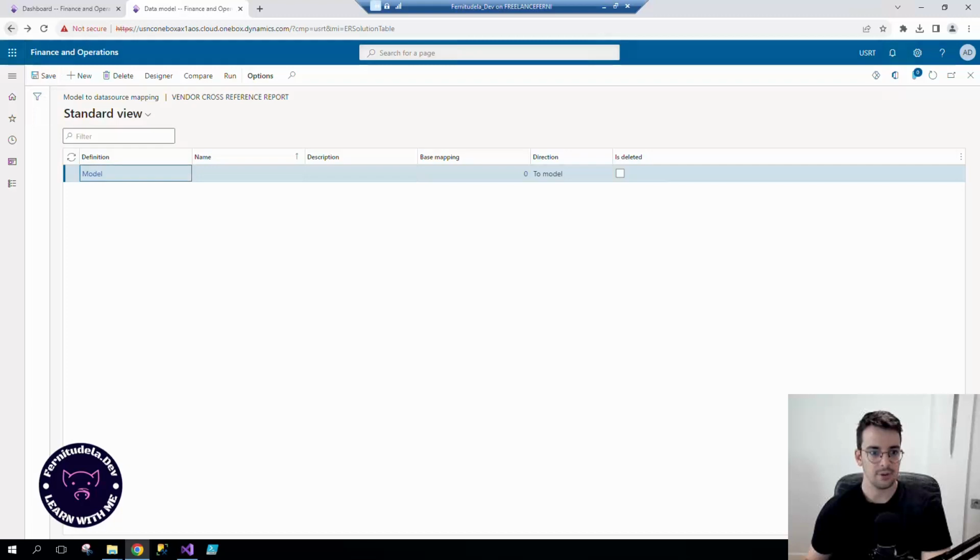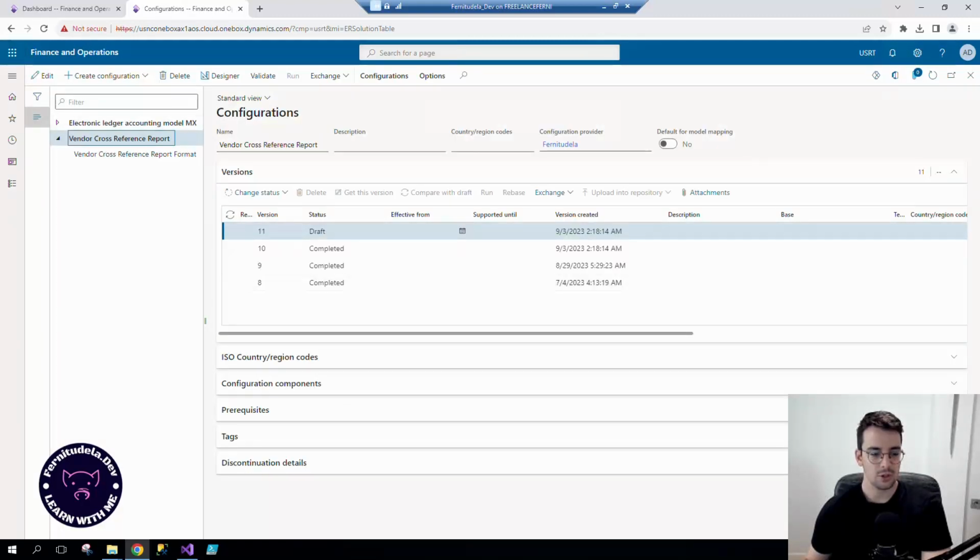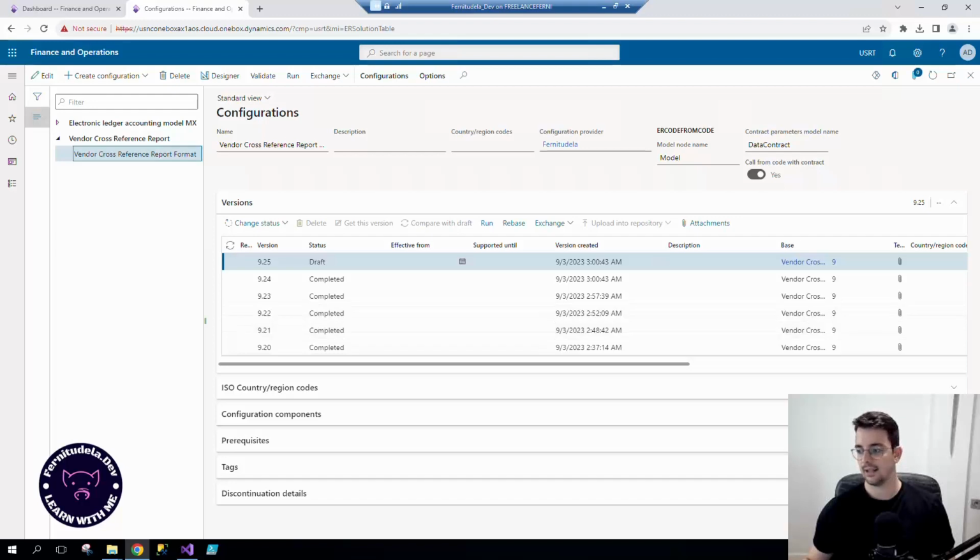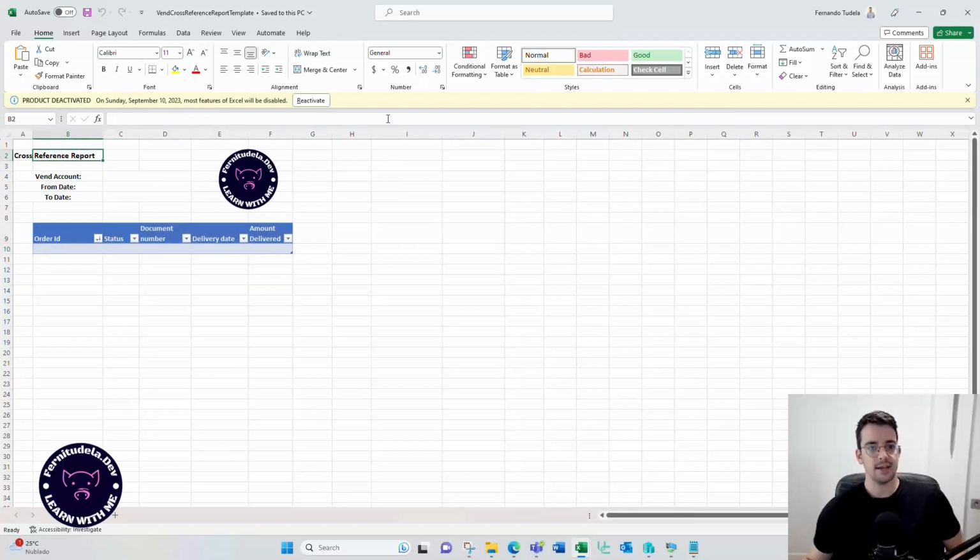So yeah, we have it, and now, once you have the model and the model mapping, you create a format based on an Excel. So you need to have the Excel template prepared where you format the report that we want to execute. I have it prepared here, and I also have a video explaining how to work with Excel format. The idea is that you make an Excel template empty without data, and you define